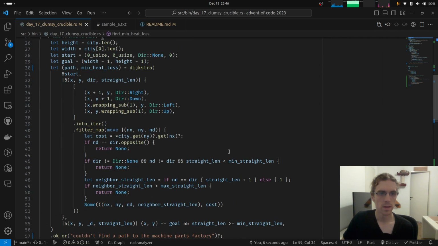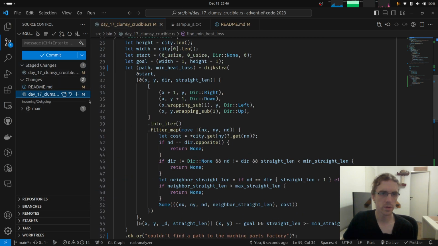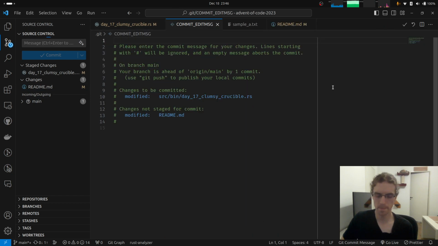Great. Let's commit this as a separate thing. What did I change? Yeah, this thing. Okay. Add debug prints visualization for day 17 path.